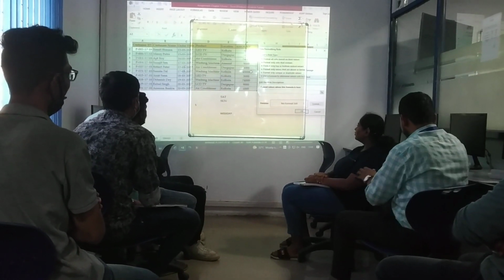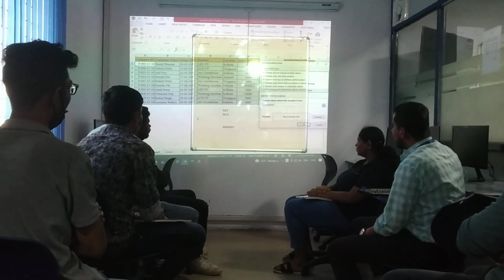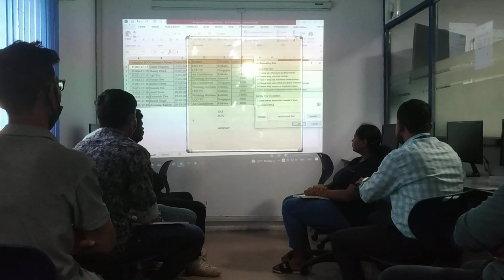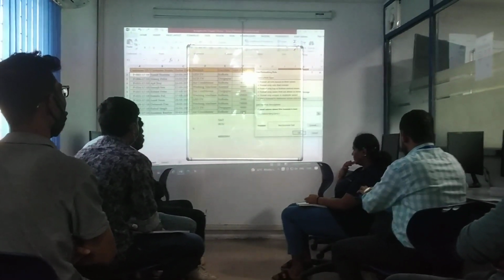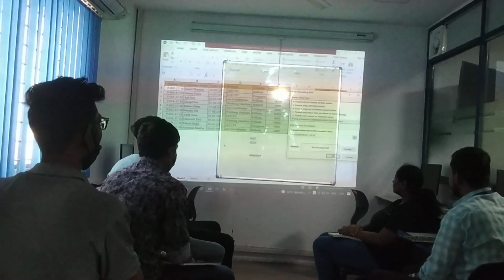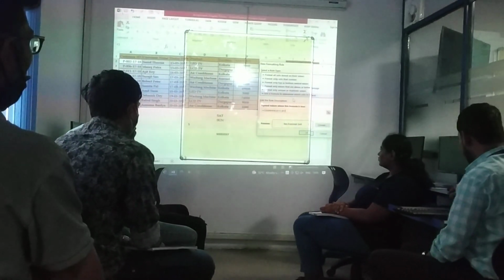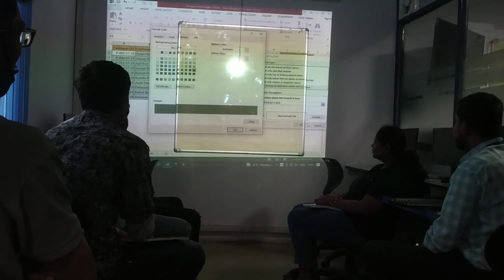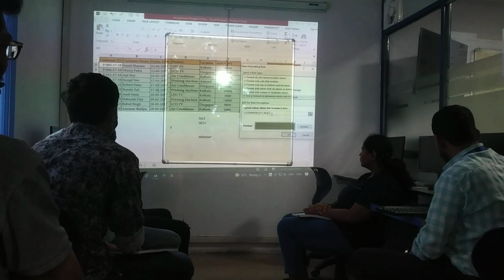I will write here is equal to COUNTIF, bracket open, then select the range, full range, comma, first cell. Okay, bracket close, conditional formatting, color, okay, it should come is equal to 1 time.